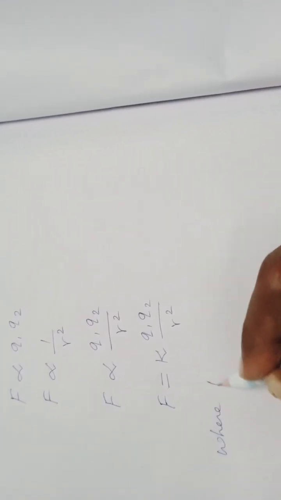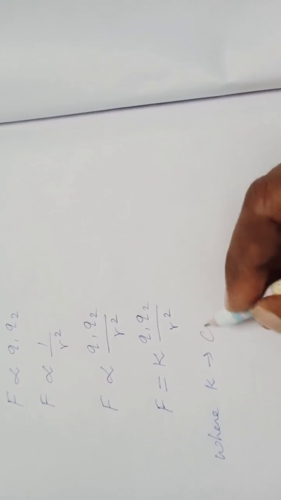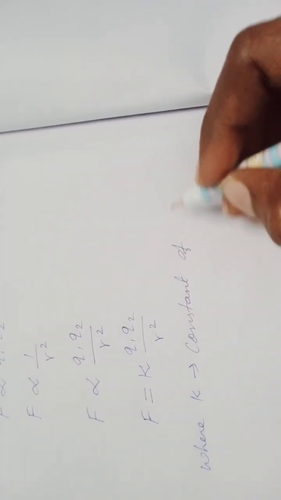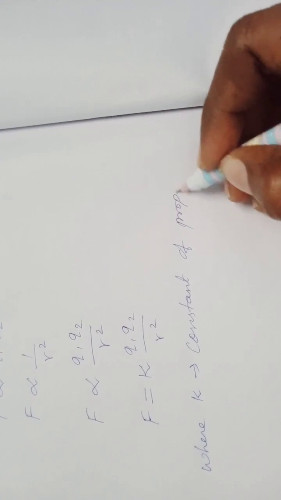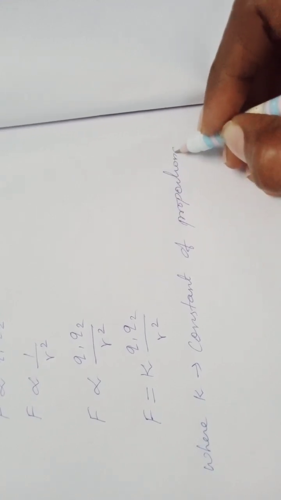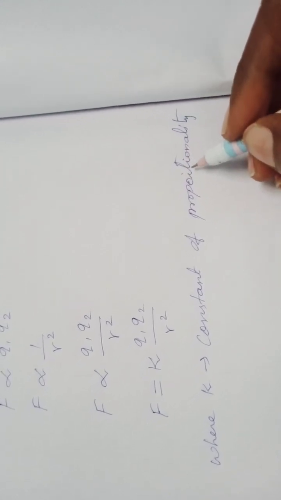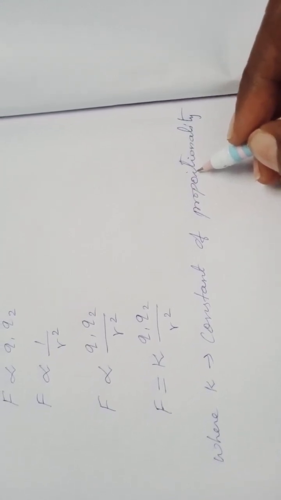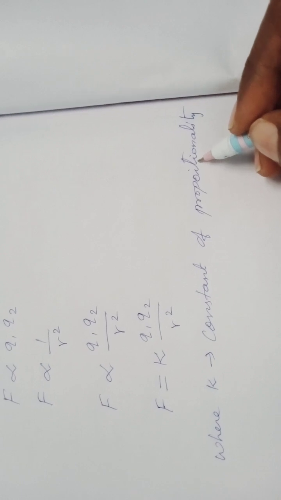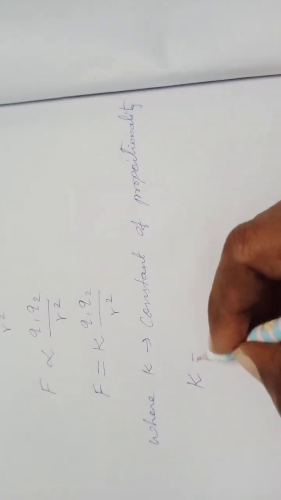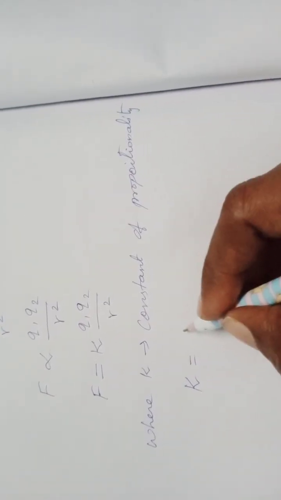Where k is the constant of proportionality, and this constant value is found to be equal